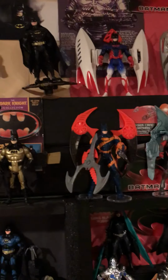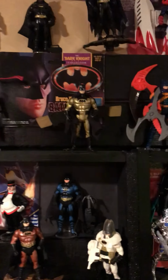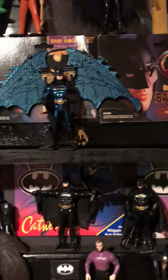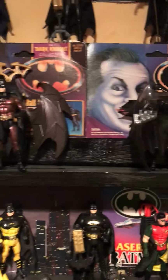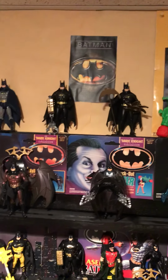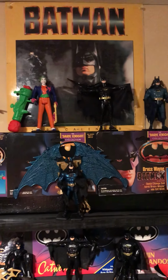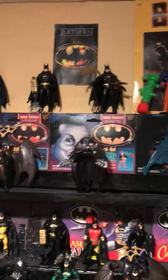Again, they had a list of carded regular series figures, and then they had the boxed deluxe series figures that came a little bit larger, like the one you see there in the middle. These 3 here came in really, really cool boxes. Again, like I've mentioned in videos, I love the backdrops to kind of represent that actual thing. Like you'll see the central colors, black and gold. I also found that cool calendar from 1989 to put behind it. And then I used the card art as the backdrops,